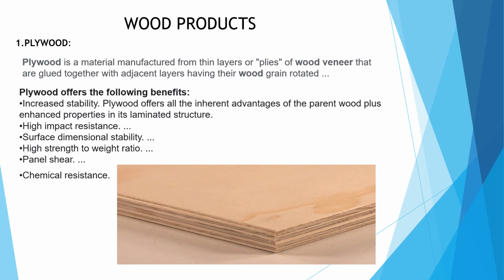Next, wood products. Number one, plywood. Plywood is a material manufactured from thin layers or plies of wood veneer that are glued together with adjacent layers having their wood grain rotated. Plywood offers the following benefits: